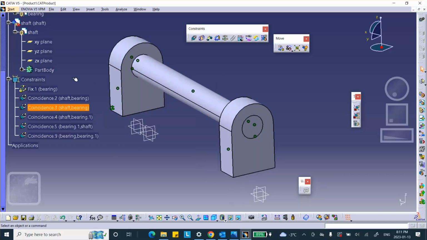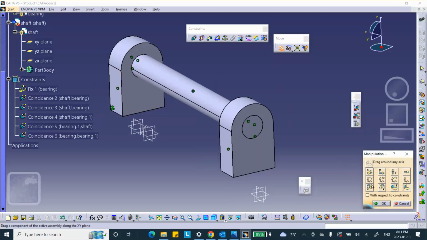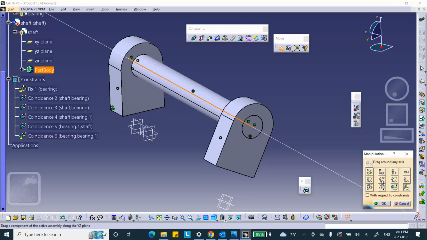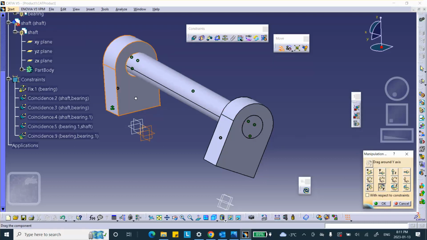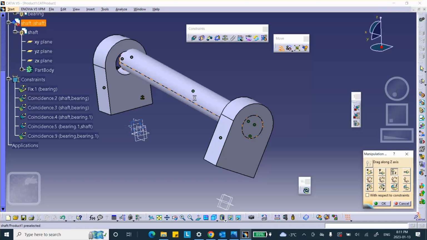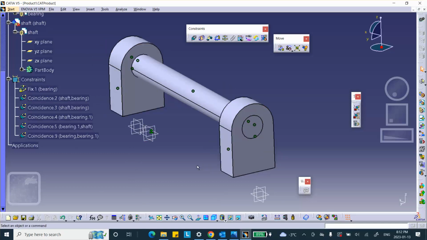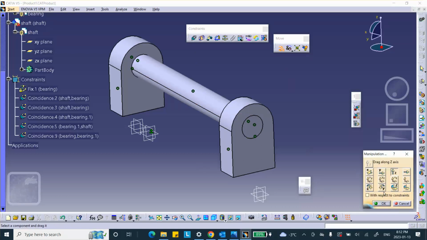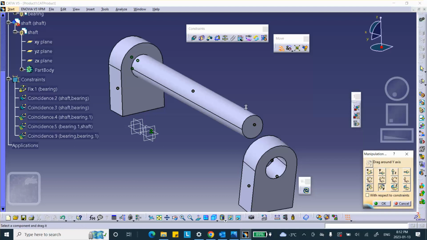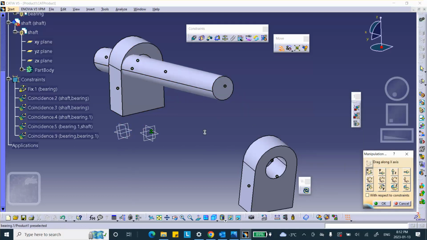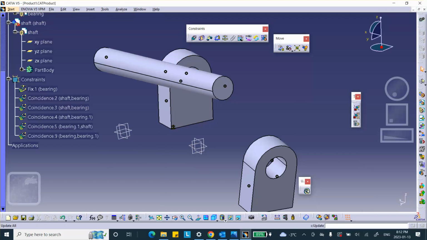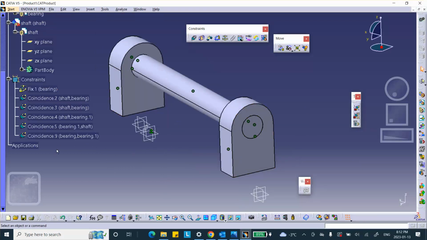No problem. Now, let me rotate some of these. So for example, let me rotate about that piece, and rotate about Z, this piece, and maybe move this thing up in the Z direction. If I update, these should go back to the configuration that I want. Otherwise, something was missing. Okay, so we say update, no problem. So let's do another one to make sure that everything is reasonable. Rotate it like that, rotate it like this, translate. If I update, they should go back to that configuration. So we have a fully constrained assembly. Let me save this